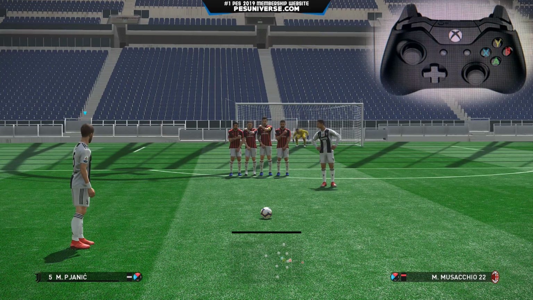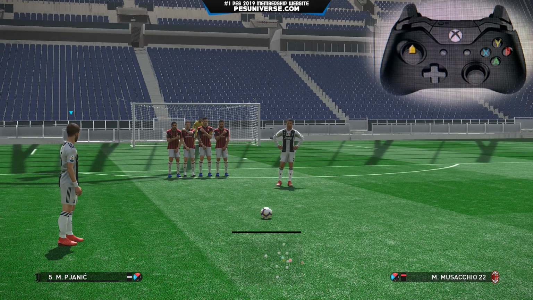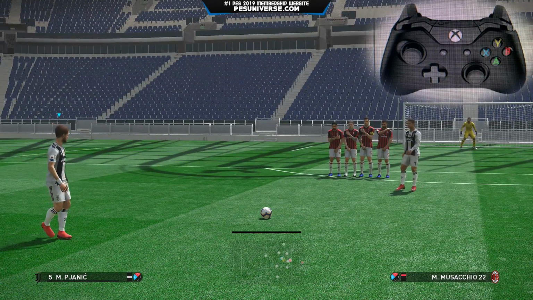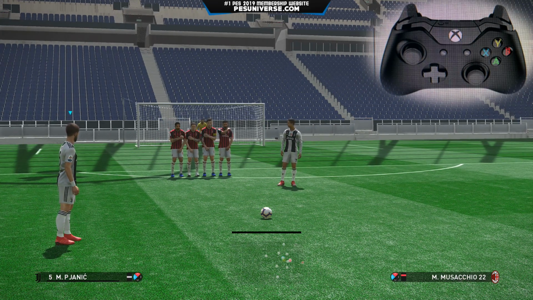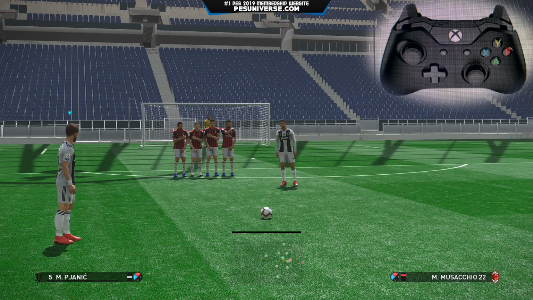From here you have the option of pressing up, which is a faster strike but more elevation, or pressing down, which is slower and more useful when you're closer to the goal but less elevation. And then you have left to curve it left and right to curve it right once you've hit the shoot button. To test this out, we're just going to aim for this corner and we're going to press up